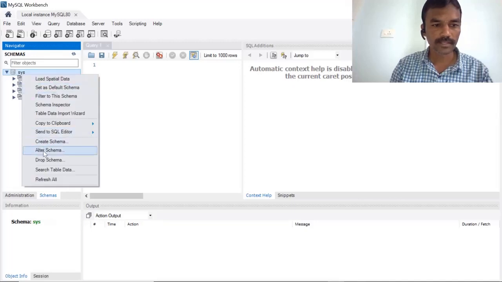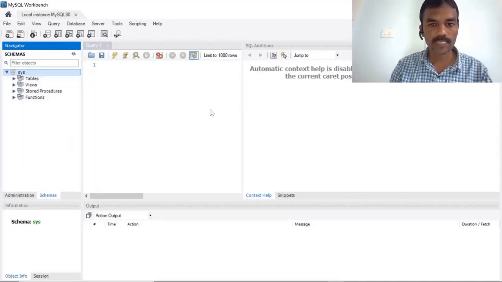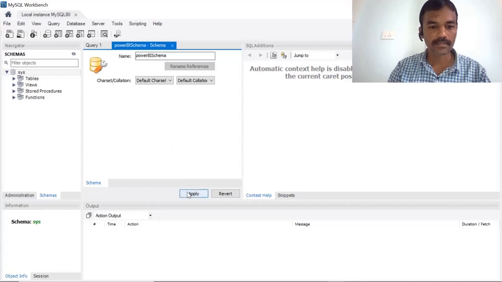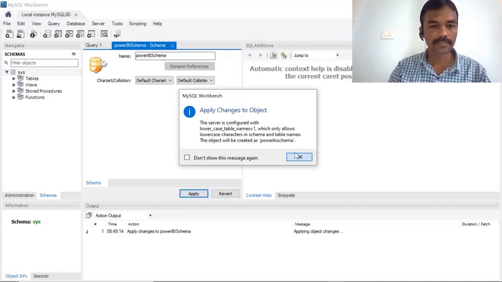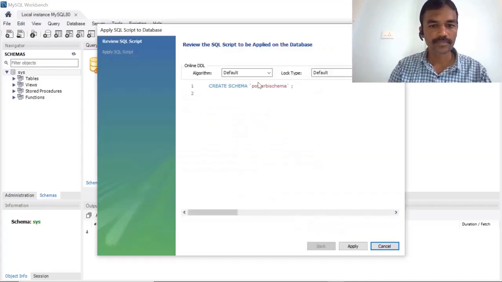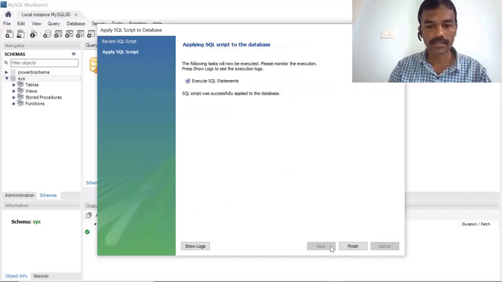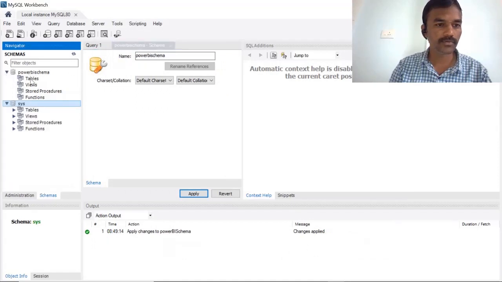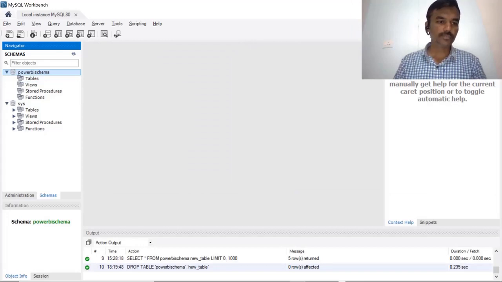We can create a schema from here, and we can name it Power BI schema, and just click on apply. So right now this is the schema which we are creating. Just click on apply, and we are finishing it. Now we have this Power BI schema, but we don't have any data tables available here. For that we will try to create a table